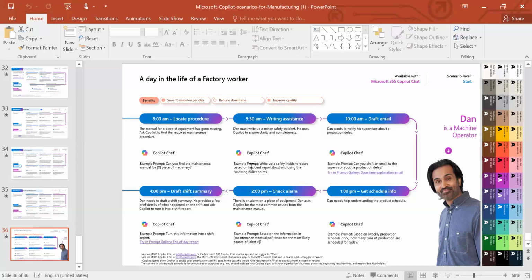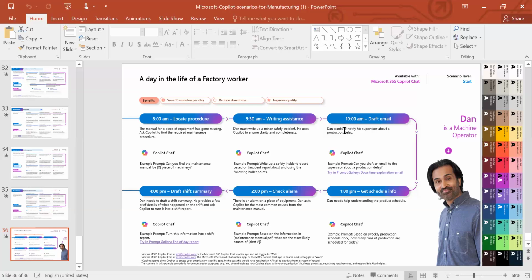Maybe he might have a report of the incident either written or in Word form. He will just have to upload it, using the following bullet points. The bullet points were the things that happened. Maybe he didn't have time to write the entire report, so he just jotted down the bullet points of the major things that happened. With so doing, the chat will just generate a safety incident report for Dan.